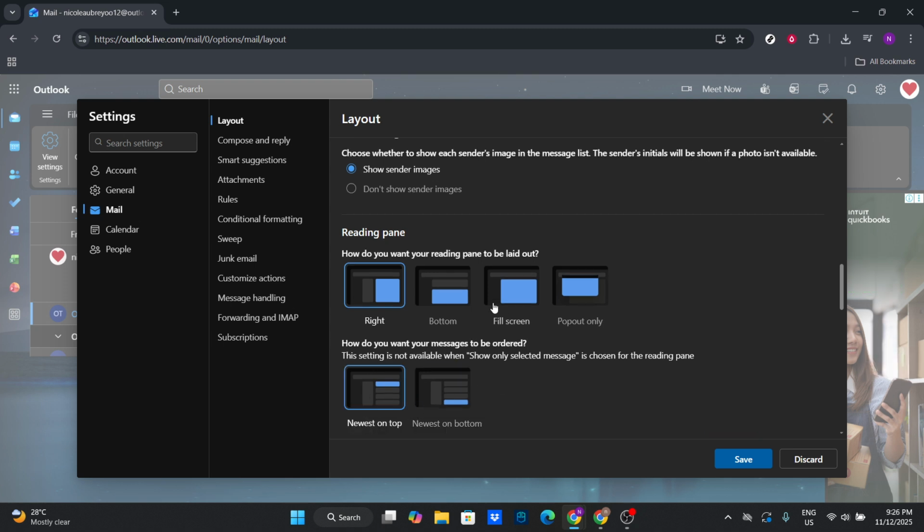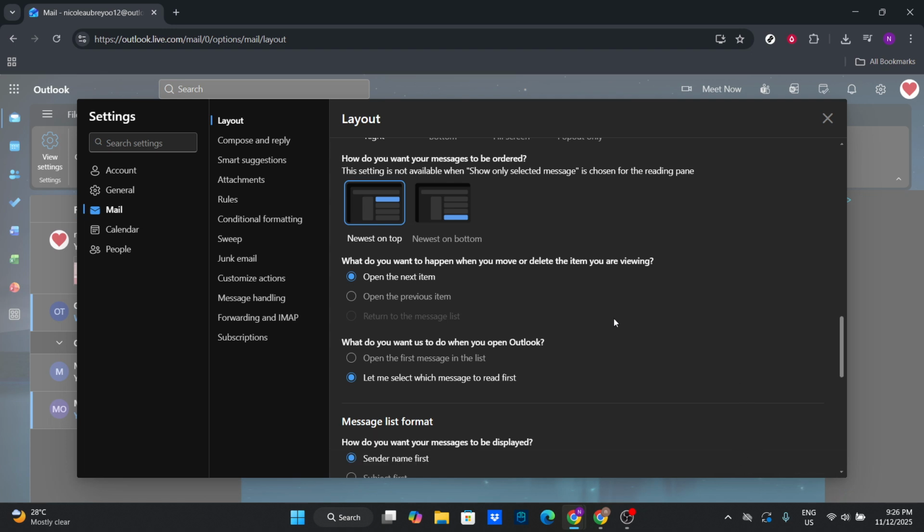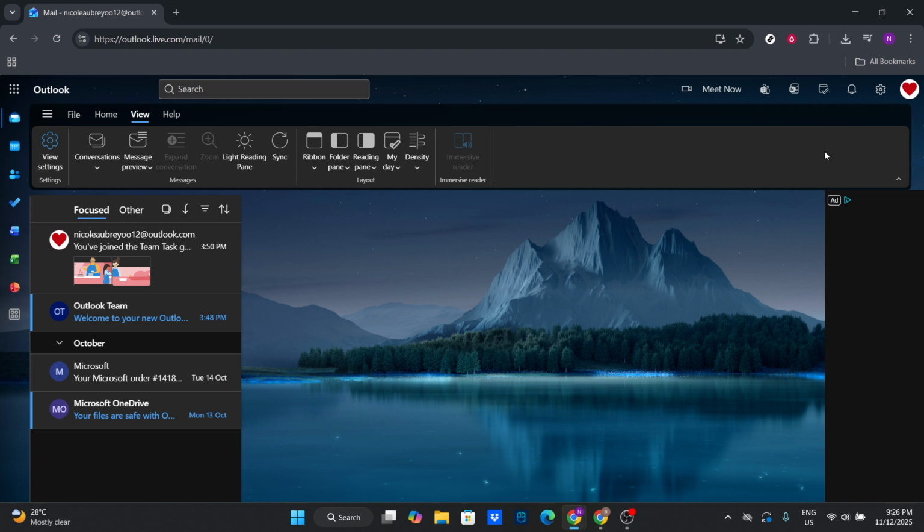Once you've adjusted these settings to your liking, don't forget to click on Save. This will ensure all your changes are applied and you can start enjoying your new view configuration immediately. There's nothing more frustrating than having to redo your settings because you forgot to hit save, so make sure not to skip this step. After saving, you can close the settings window by clicking on the X at the top